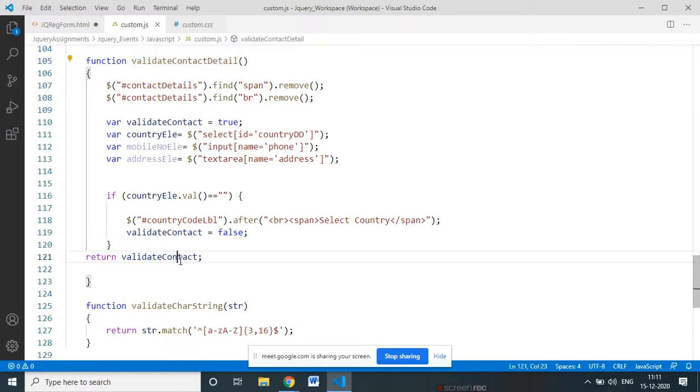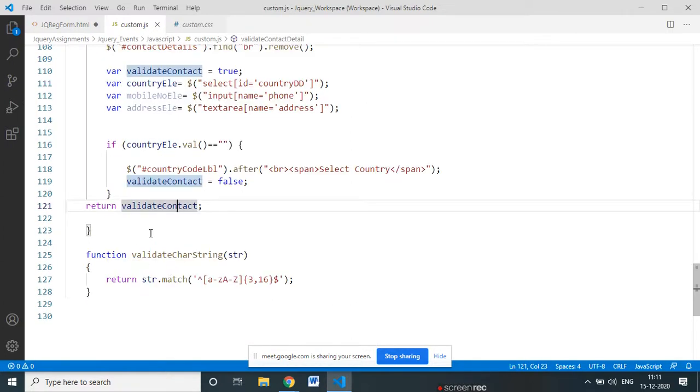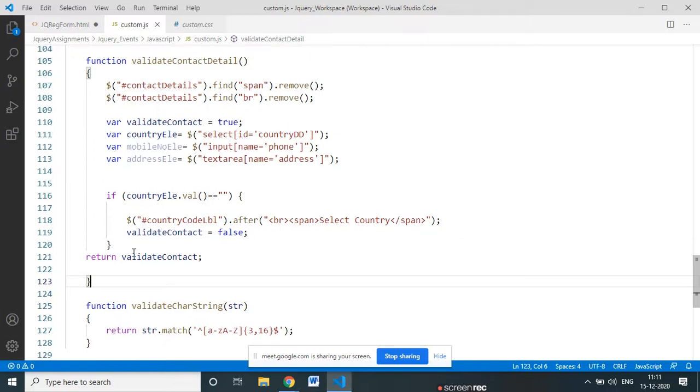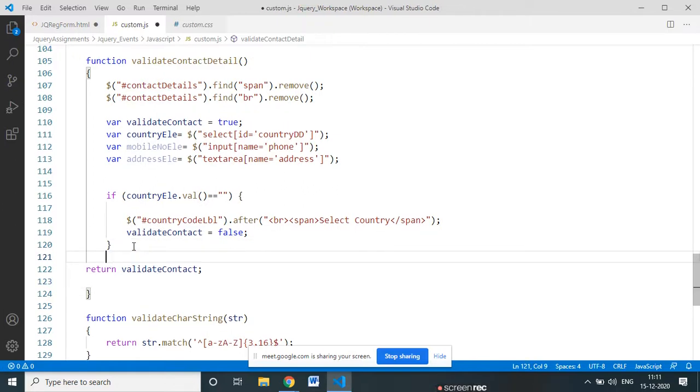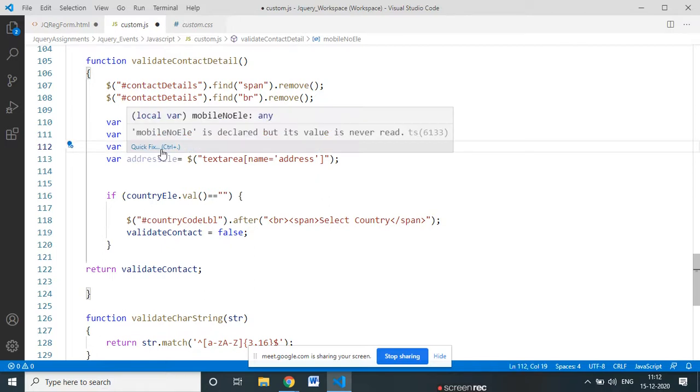In validate contact details, I will put here: if the country is already validated, then this is the country element. I have directly taken the element here. Earlier we took the value, but here I directly select the HTML element.